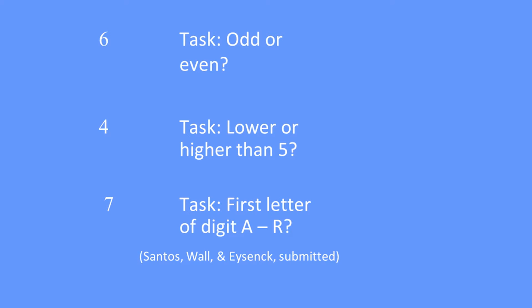Okay, so just to clarify that, if the digit there is 7, then clearly it begins with S and lies between S and Z. Okay, so we have two conditions to focus on. One is a series of trials where every time the digit appears in the same part of the screen.